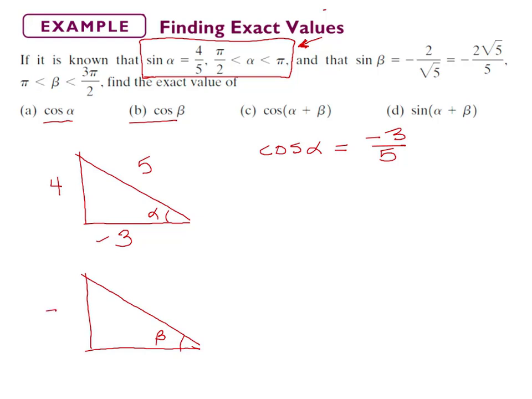The opposite is -2, okay? And the hypotenuse is square root of 5, all right? And then how do I find x? Okay, so the Pythagorean theorem says what? -2 squared plus x squared equals the square root of 5 squared. So x equals